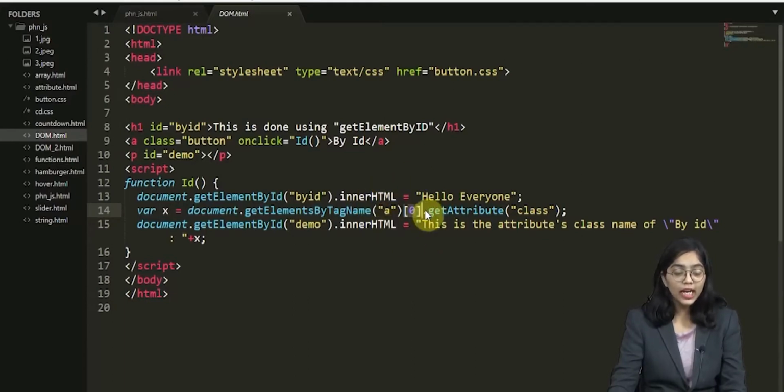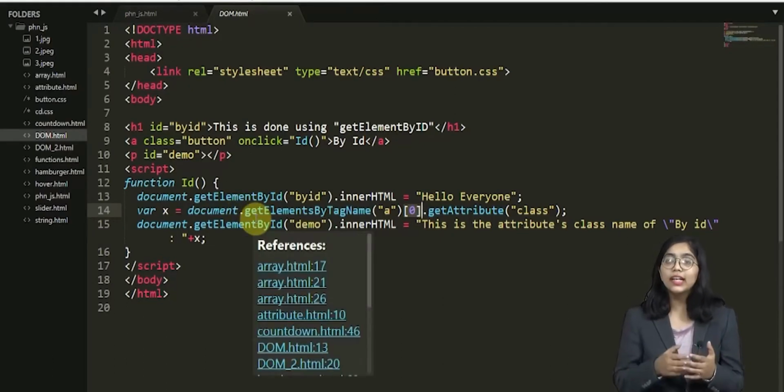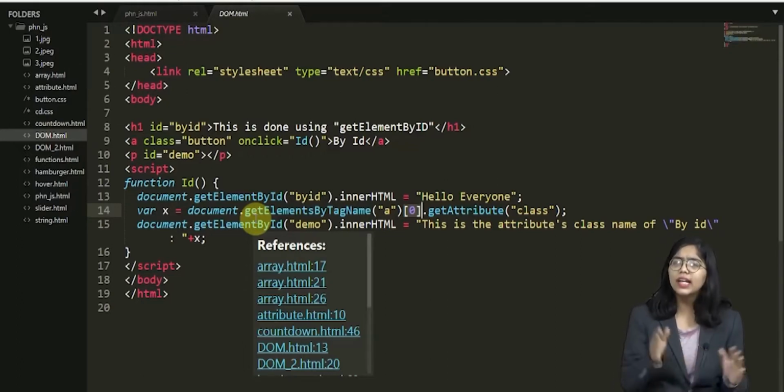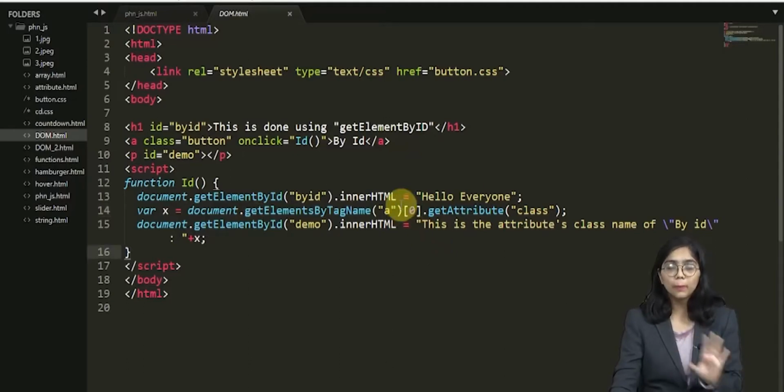Now whenever we are taking a tag name from the HTML document, what it has is a lot of HTML collections. Now what is this collection? Basically all the attributes and all the tag names are part of this particular collection. So when I say 0, now any numbering in JavaScript or any programming language starts with 0.